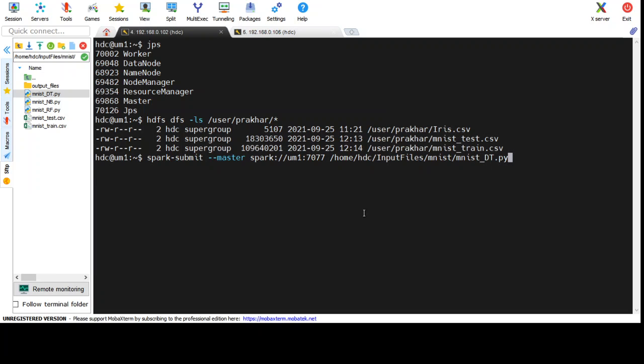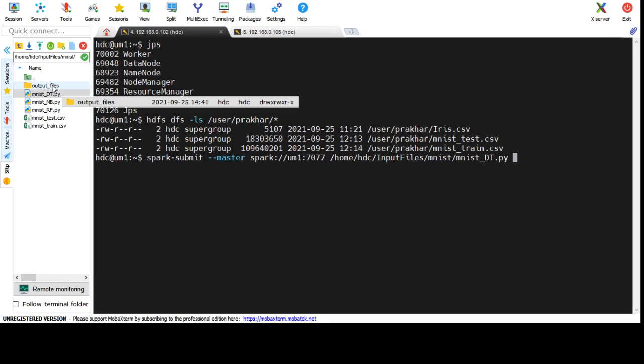If I run this, we will get the log and output on the same black screen that you are seeing right now. But I want to store the logs and output in a different file at a different location. If I execute it right now, it will print everything here only.